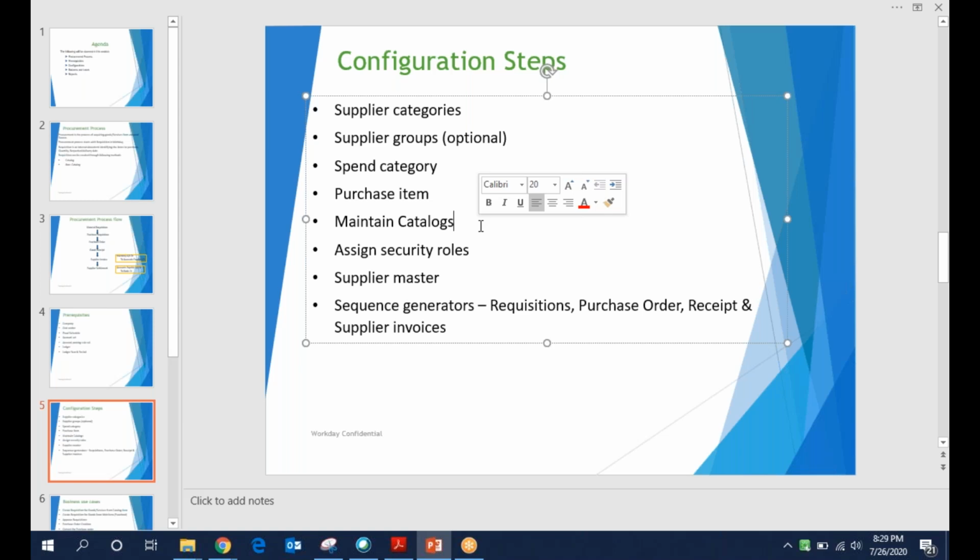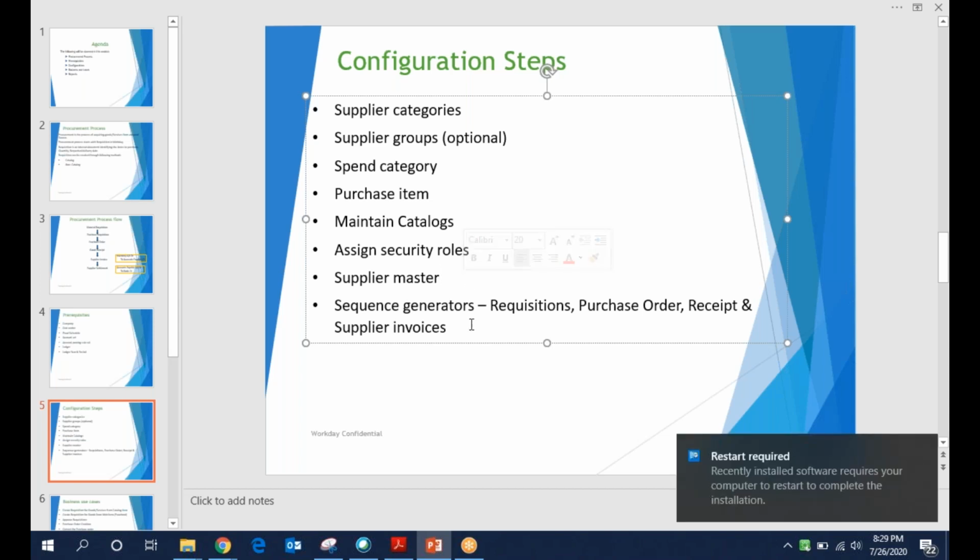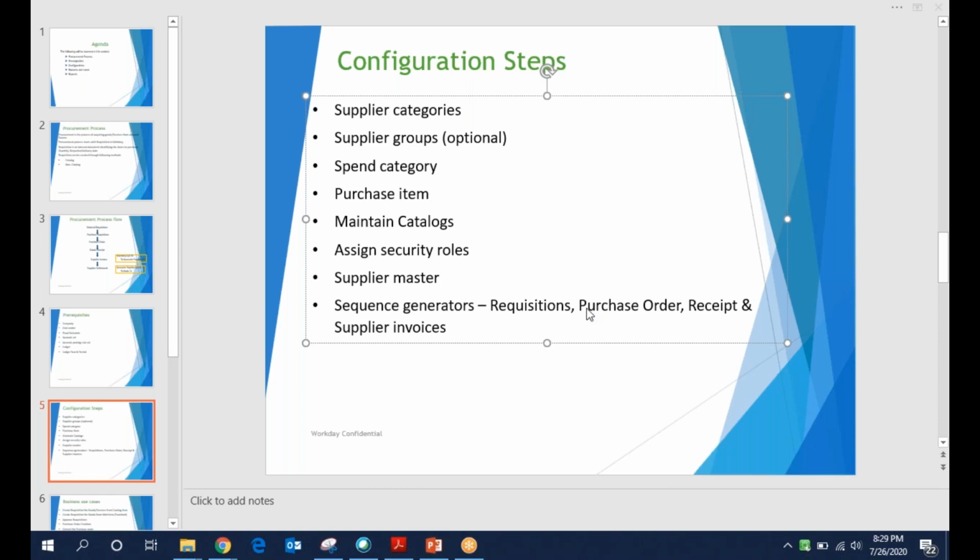Okay, thanks for adding. We need to have the security roles assigned to the user to create the requisitions. And the supplier master must already be created while creating the requisition. Sequence generator is nothing but the number ranges. For any requisition, a specific number will be generated.